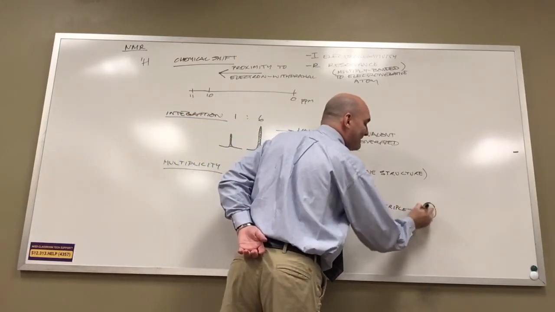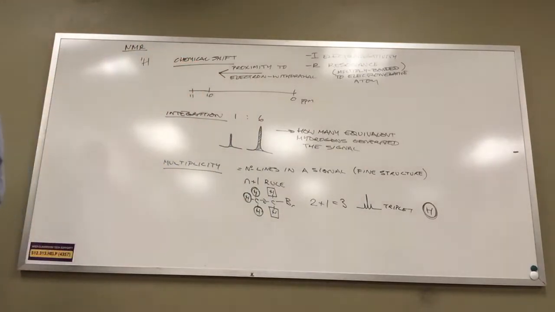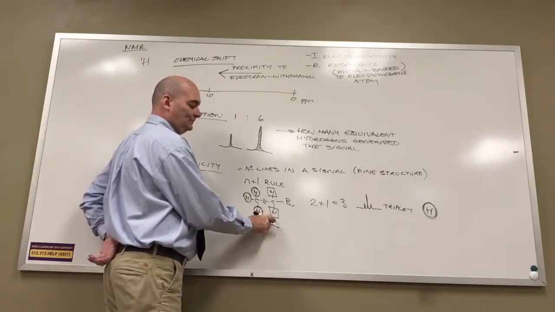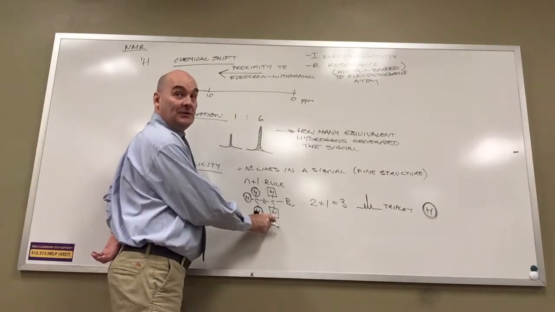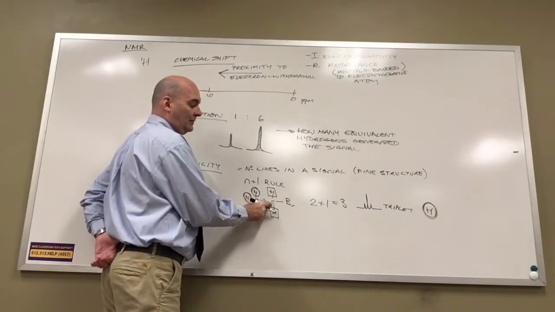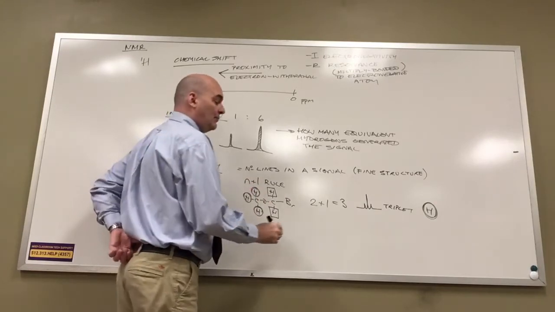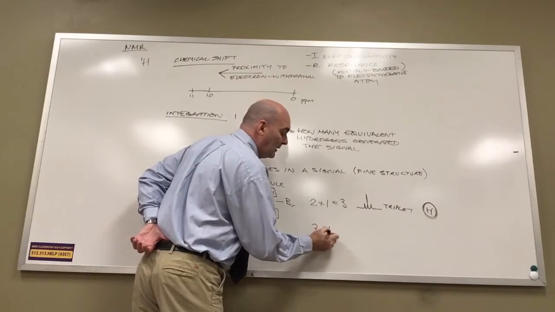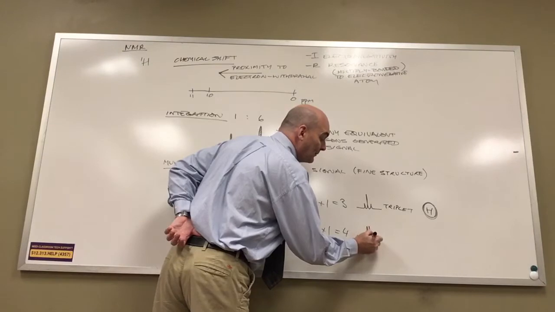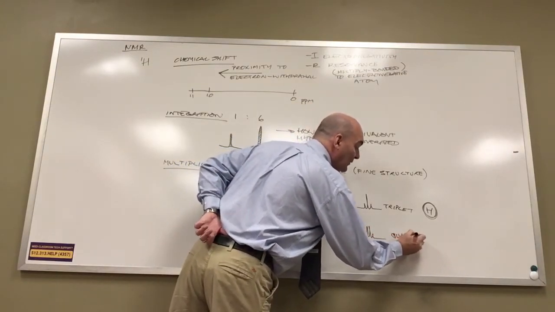That triplet is the signal for all 3 of the hydrogens that I have circled. The hydrogens in the square boxes, there are 2 of those, have 3 hydrogens as neighbors, and 3 plus 1 is 4. Oops. And so that makes a quartet. If we were to look at the NMR